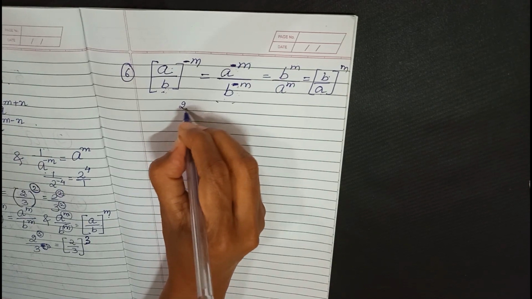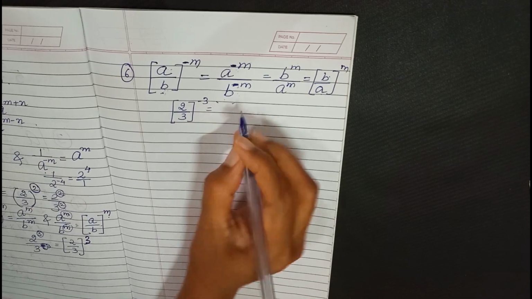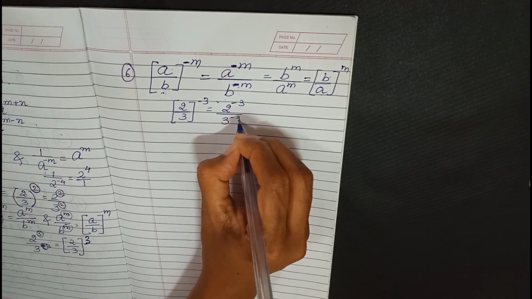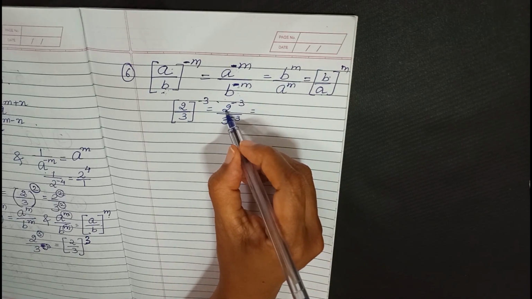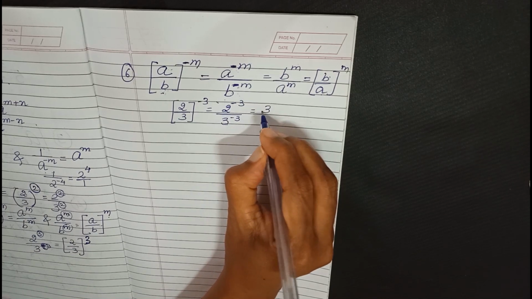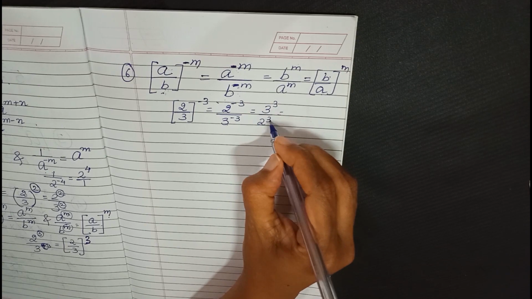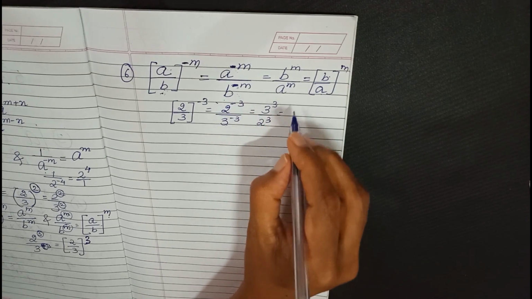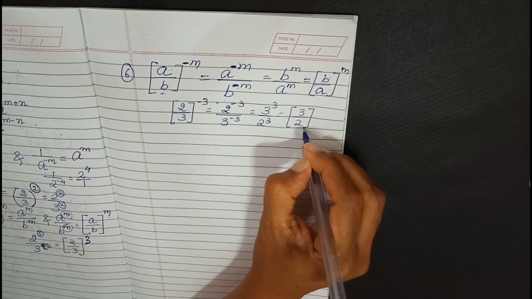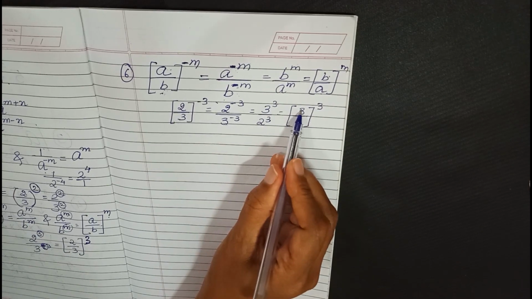So let's just take an example. Let us say 2 upon 3 raised to minus 3. That means it should be 2 raised to minus 3 upon 3 raised to minus 3. Now I know the position of 2 is wrong. It should go down. Position of 3 is wrong. It should go up. It will become 3 raised to 3 upon 2 raised to 3. Again you can see the power is same. Power has to be same. So now what we do is it becomes 3 upon 2 raised to 3. So you can see 2 has gone down, 3 has come up.